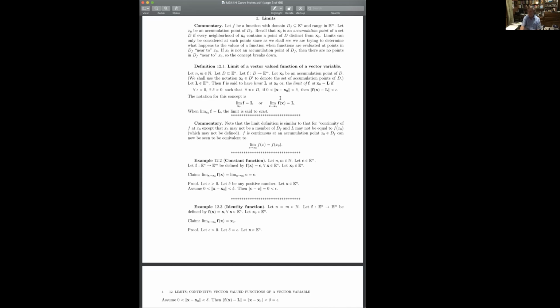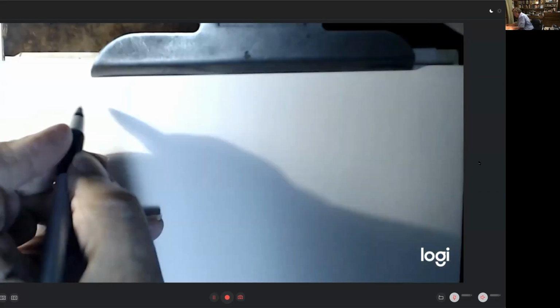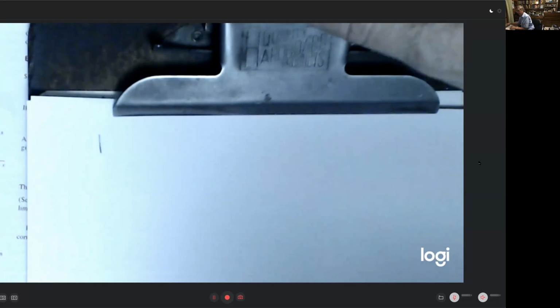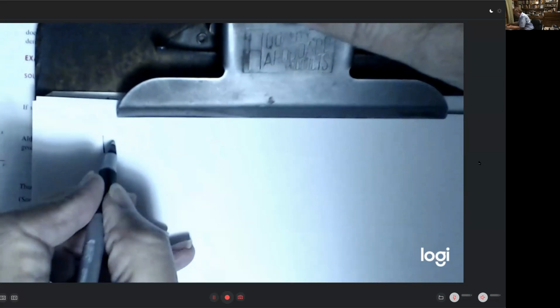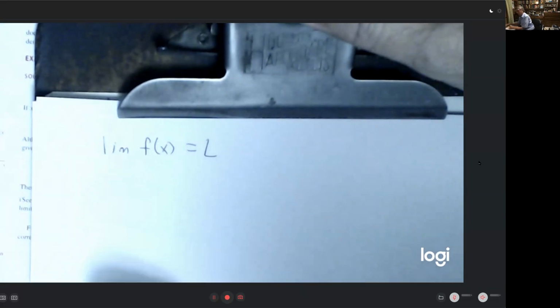So I'm going to go off the screen now, if I can get off of it, and go over to the other screen, which is, what screen is this? It's not that one, this one. Okay, so what you should see now is a clipboard. All right, so if I say the limit, let me take this, okay. Hopefully the screen will adjust to this. If I say the limit of f of x equals L,